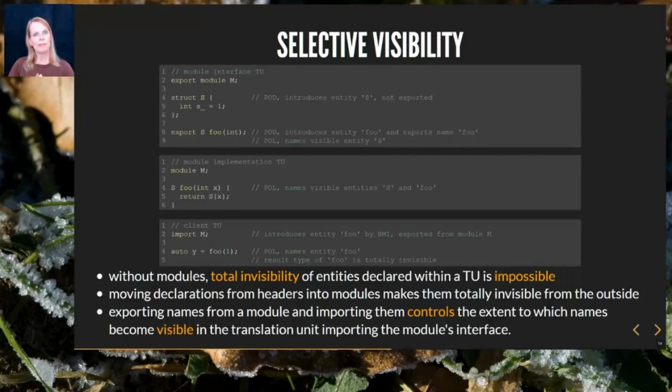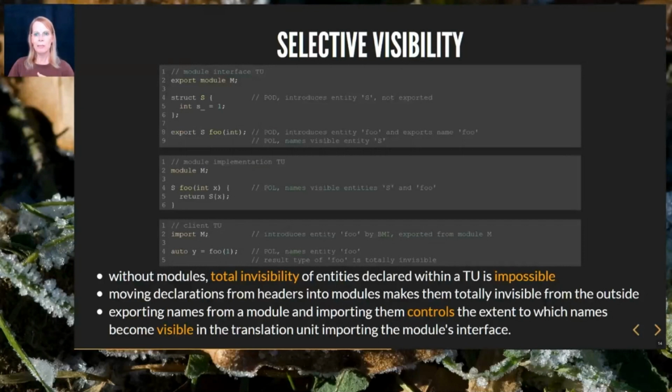Remember, visibility is only about names of entities to make them available for name lookup. If a module translation unit imports a BMI that's compiled from another translation unit of the same module, all names declared in that other translation unit become visible.